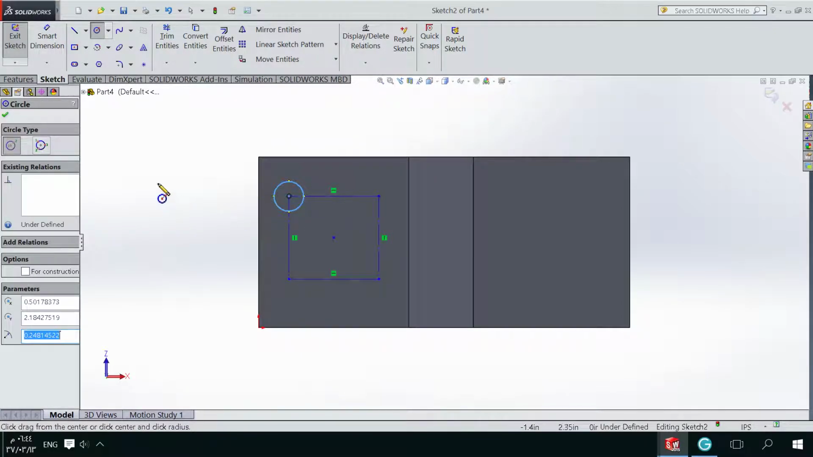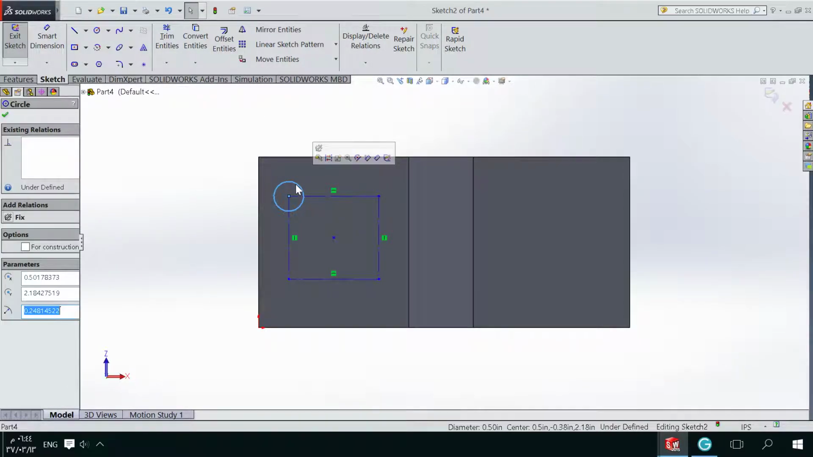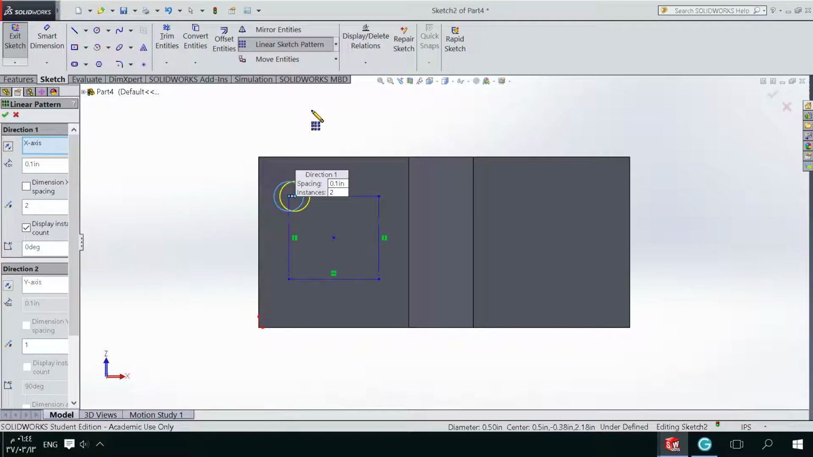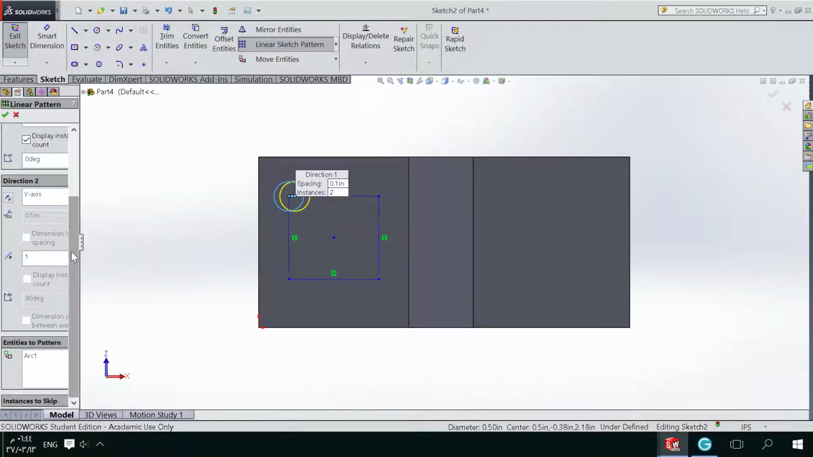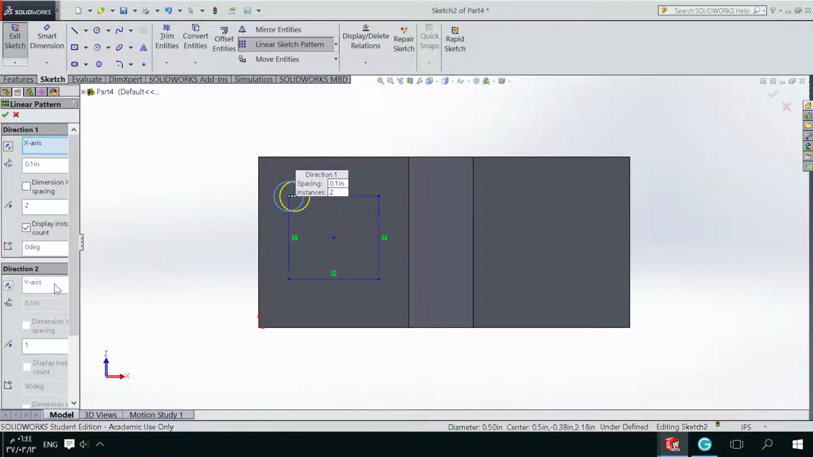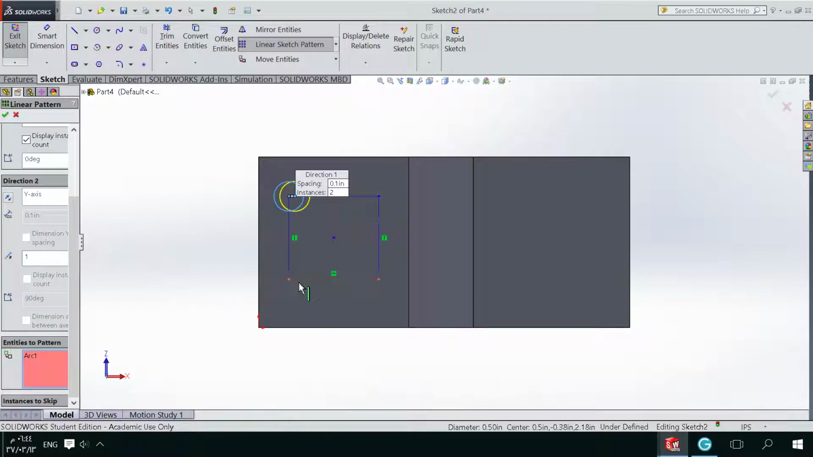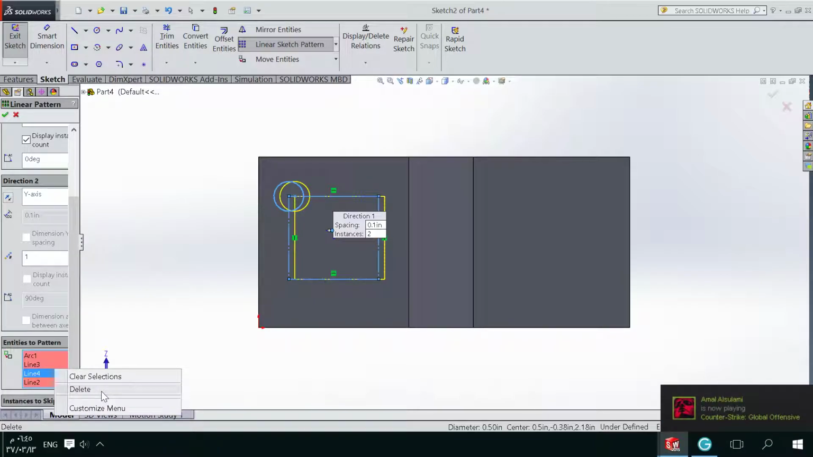Okay, and I click right, and I choose linear pattern. Okay, so that's here the linear pattern. Okay, and I can choose for linear pattern this circle. Okay, and this and this. Yeah, like just for example the idea of linear pattern. Okay, now you can delete all of this,